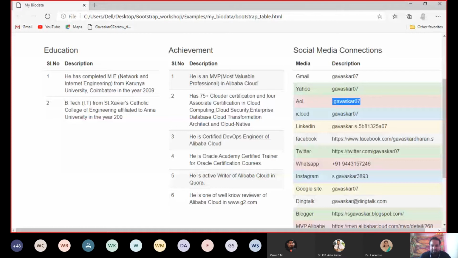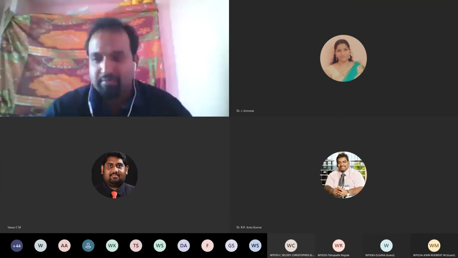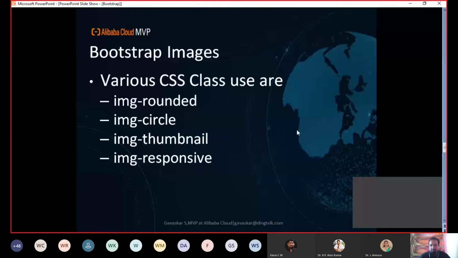You can see that. Let me display the slide first. So these are the various classes you are going to use. CSS classes: img-rounded, img-circle, img-thumbnail, img-responsive. These are the various classes you are going to use.